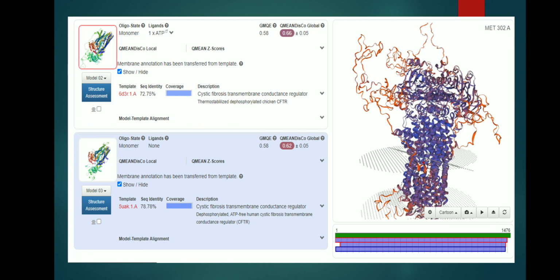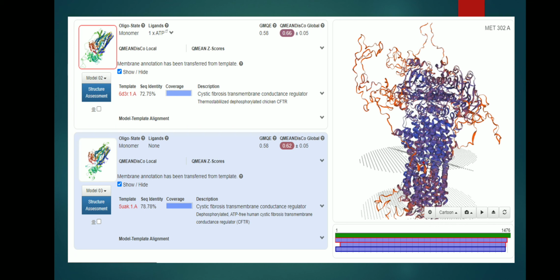I have selected the second one, and the results are shown as follows. The given unknown sequence was a monomer, and it has a GMQE score of 0.58, which is good. The homology model is considered based on these GMQE values, and if the GMQE value is closer to 1, the model is said to be good.